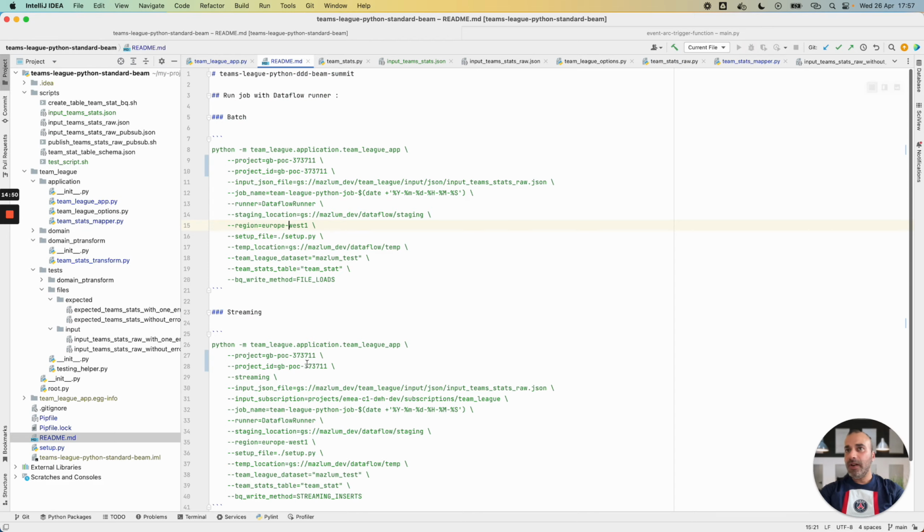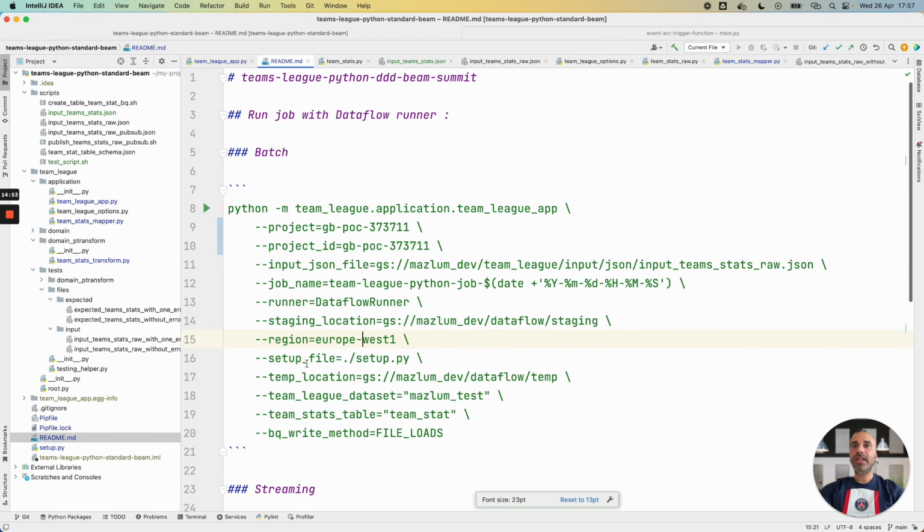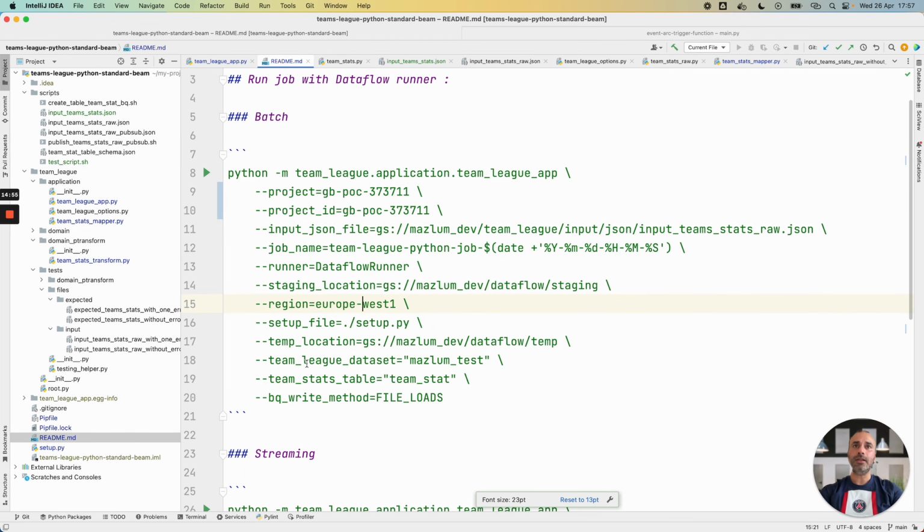Then, in my README file, I have prepared some command line to launch my job with the Dataflow runner. Because with Beam, I have different runners, Spark, Flink, and Dataflow. Dataflow is the managed runner in Google Cloud Platform, and the Dataflow runner is serverless, and Dataflow proposes an auto-scaling for us.